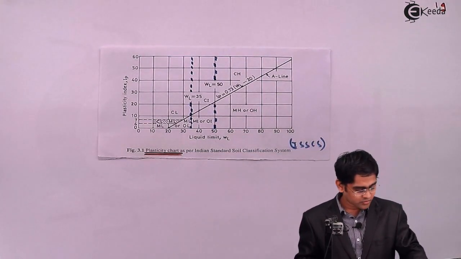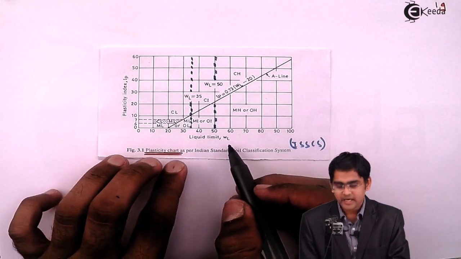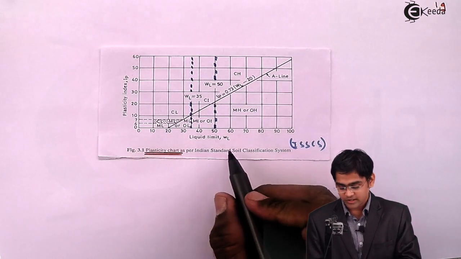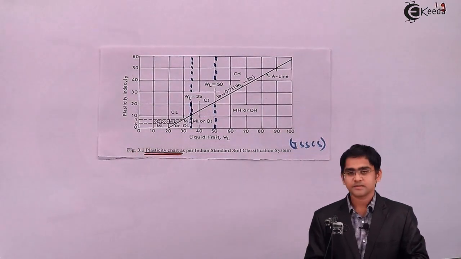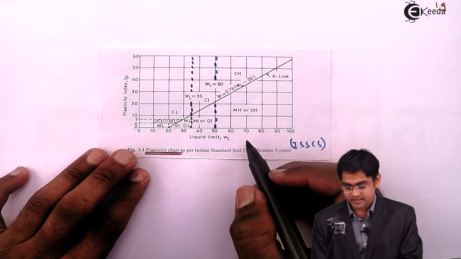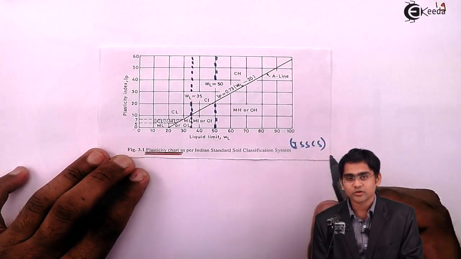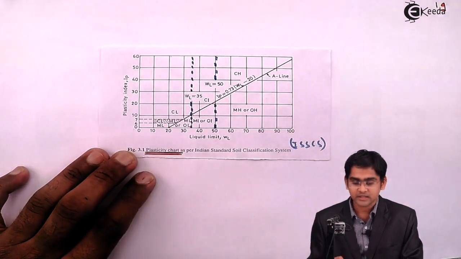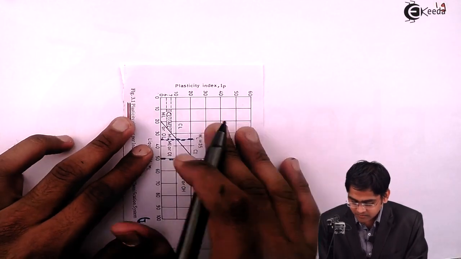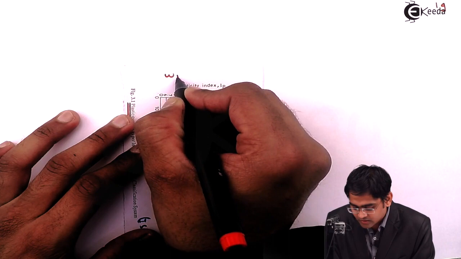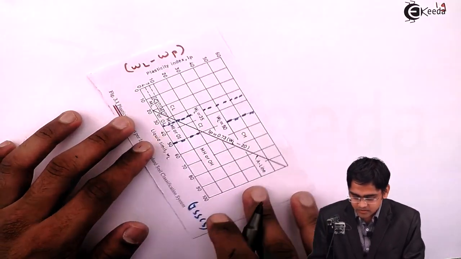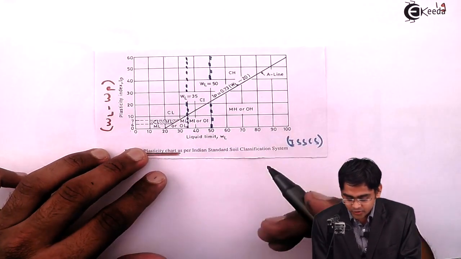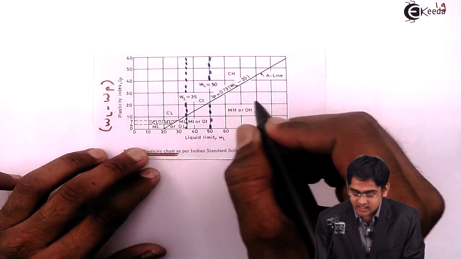This chart is there. So you have to calculate the liquid limit as per the Casagrande tool and apparatus. You need to find the water content corresponding to 25 number of blows. So you need to find the water content based on the 25 number of blows. That's what is recommended by Casagrande. And you need to again find the plastic limit in order to calculate the plasticity index, which is the subtraction of liquid limit and the plastic limit. So by just determining plastic limit and liquid limit, you need to find out where exactly it is lying